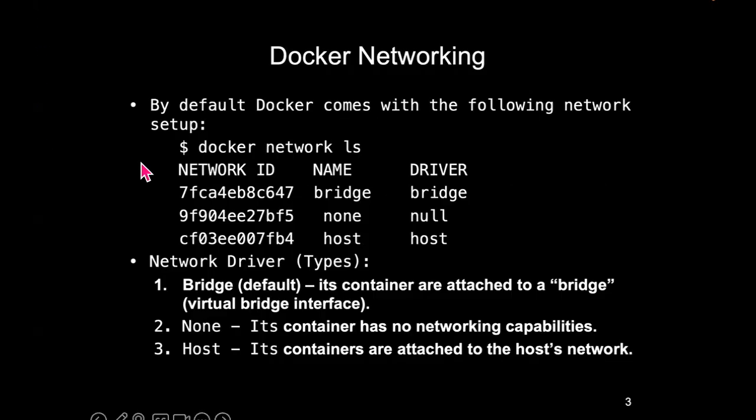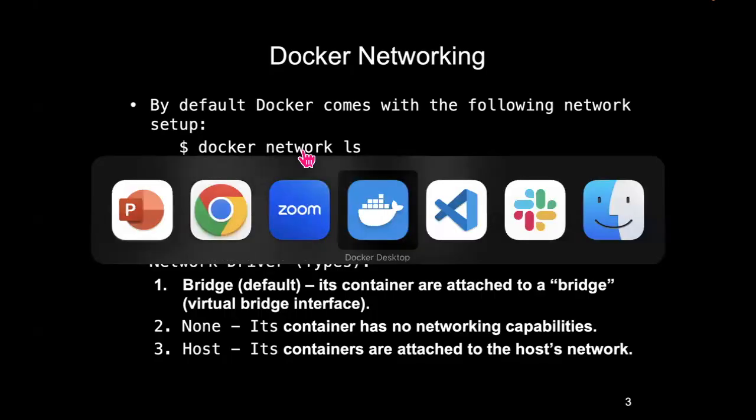You can find out what the defaults are if you just type this command from the CLI, docker network ls. Up to now, all we've been using the Docker command for is in relation to containers, but it turns out you can issue a lot of Docker commands that are linked to its networking side. So docker network ls, and if I do it from my own command line,